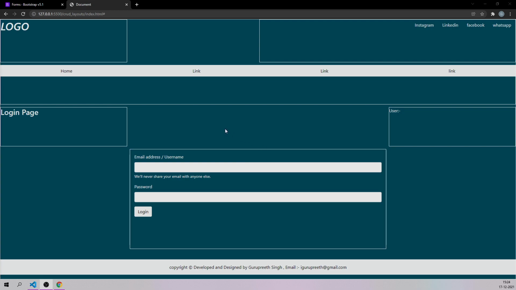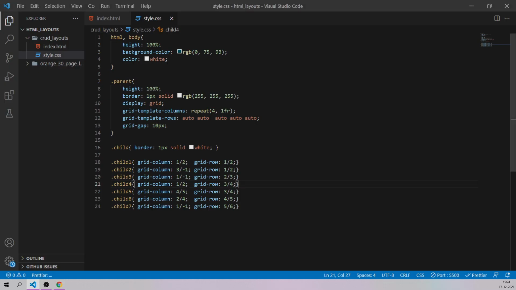So let's make some final changes. As we are seeing right now, even though our contents are only this much, we are going to get extra spaces like this. Our navigation is only this big, but here we have some extra spaces. That is happening because we have set the height of the parent to be 100% height of whatever the body is, so it is matching the height of the body.